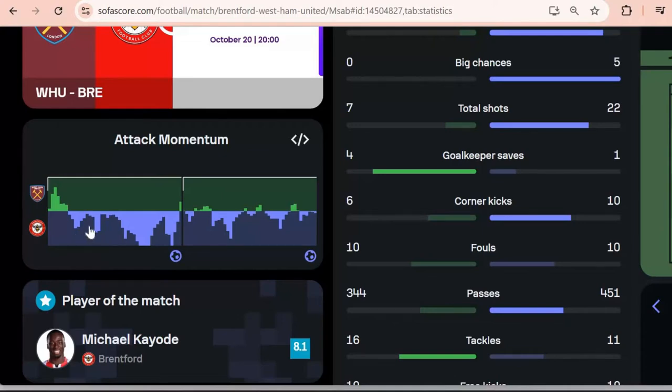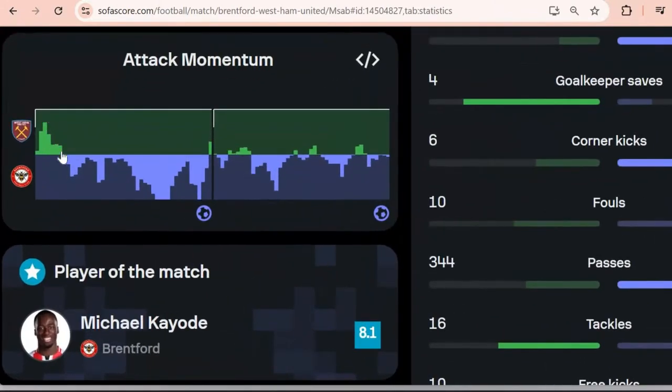Obviously, it has progressed over time to get XG, expected assists, etc. But this now lets us see, if I was to see this without even watching the game, and I just turn this on, I can see West Ham started the game decently well, on top for a little bit. Then Brentford had a little bit of a spell in here. Then Brentford absolutely battered West Ham in this zone here, which we're going to see a lot, a very, very dense period of Brentford pressure, which ended up leading to a goal at the end of it,